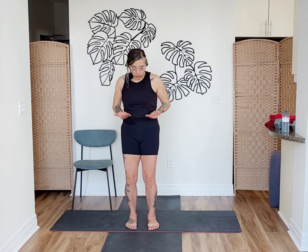So I want you to think about if you had a weighted vest on, that weighted vest would try to bring your body weight down. So you are creating your own resistance, lifting up on all sides of the waistline. Excellent. From here, you're going to shift all your body weight into your left leg. Pick your right leg up